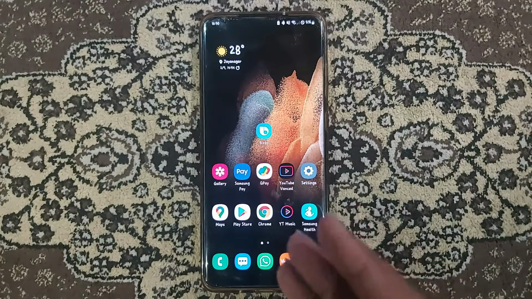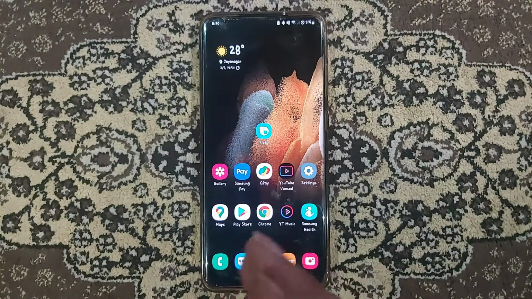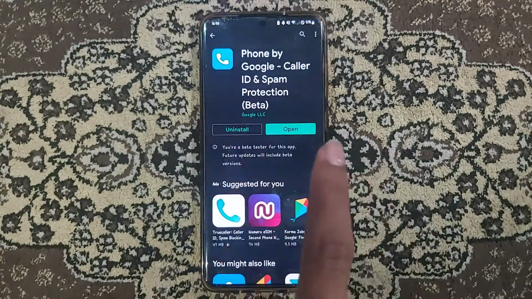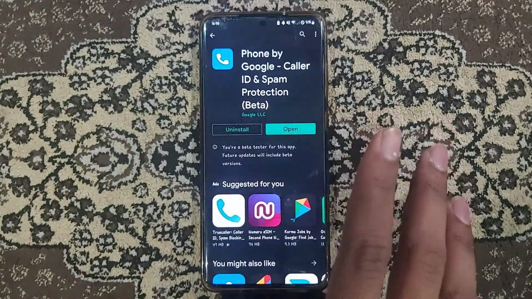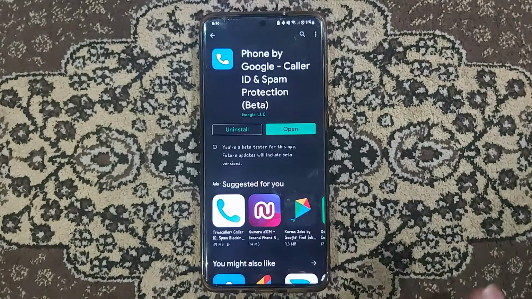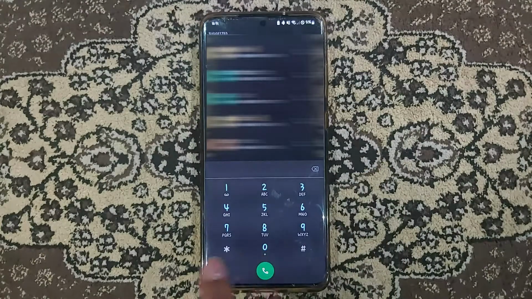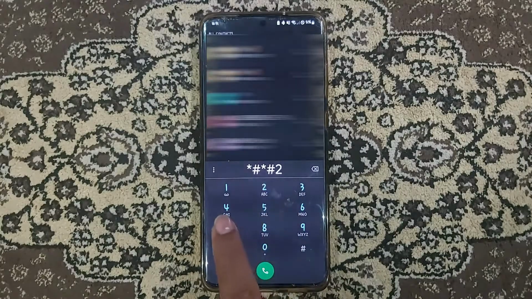This step is only for people who are on the December patch. First of all, you will need to download Phone by Google. This is a dialer app. You download this app on your phone, and once you open it, you have to set this as the default. It will ask you for that, and after that go to your keypad, and then you have to punch in this number. It is *#*#272